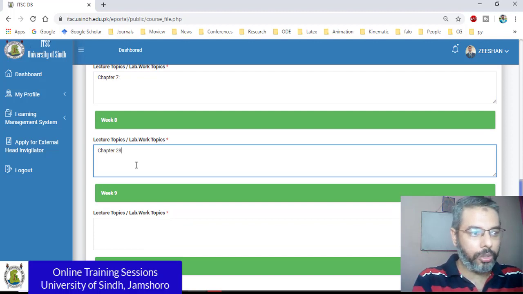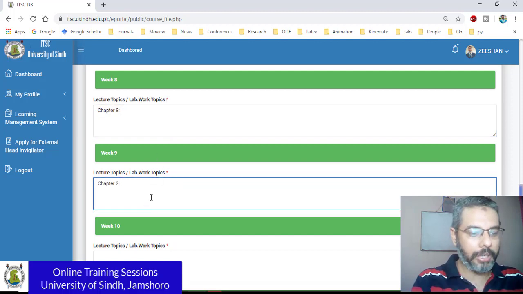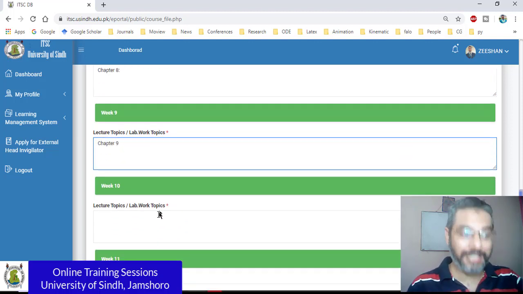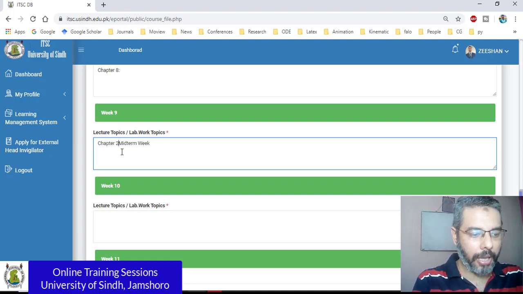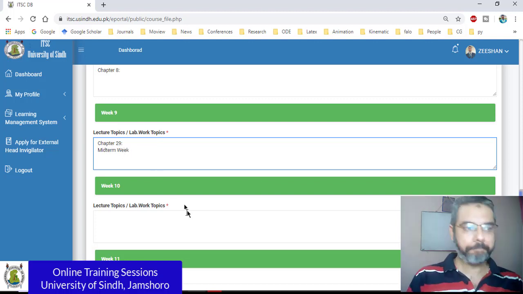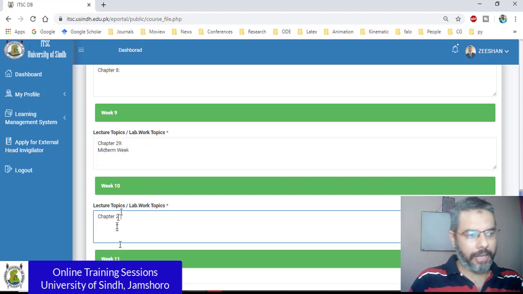Now you do need to specify all this information. You note that it's a red asterisk. This indicates that all this material is quite important. All these labs are quite important. Even, for example, at this point, week 9 can be my midterm week as well. So I can have covering chapter 9 as well as midterm, and approximately that can go for those 9 weeks, and then again I can continue